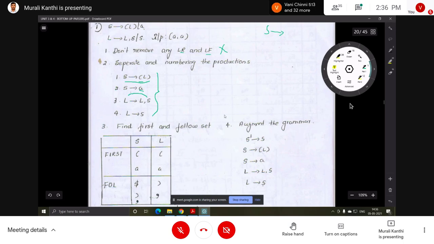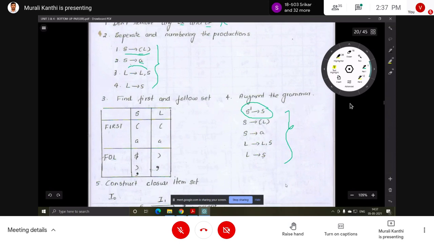S is the starting symbol, so S' implies S. This is a new production added to this grammar. After adding a new production to the grammar, that grammar is called augmented grammar.